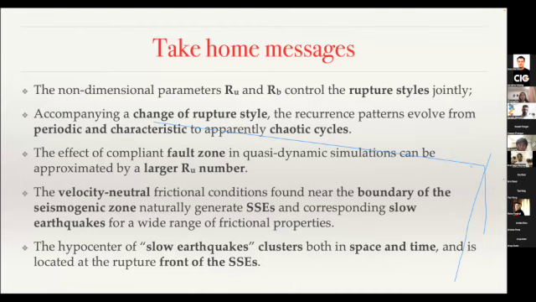And the hypocenters of slow earthquakes cluster both in space and time and are located at the rupture front of the slow slip events. And that's all I have